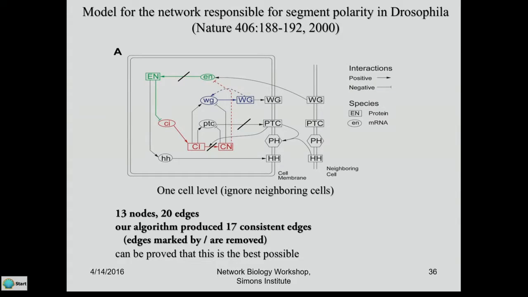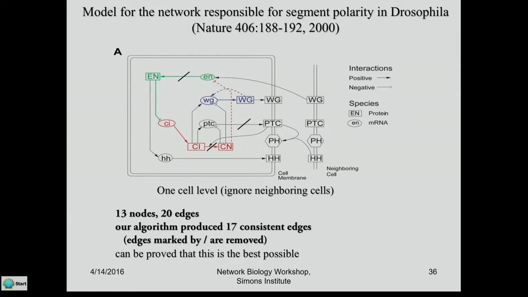So we took this network, which is the fruit fly Drosophila network, the signal transduction network model, which was published in Nature 2000, and this is the one cell level, and the neighboring cells are connected using those links. It has 20 edges and 13 nodes. Our algorithm produced 17 consistent edges, and that's actually optimal. You can prove that for this particular network 17 is the number. So you can remove only 3 edges and make the system